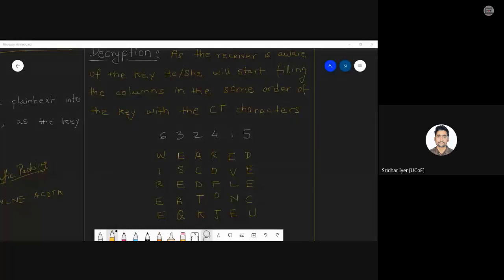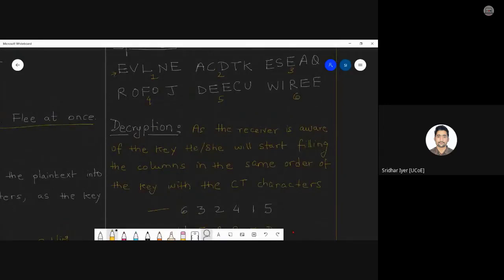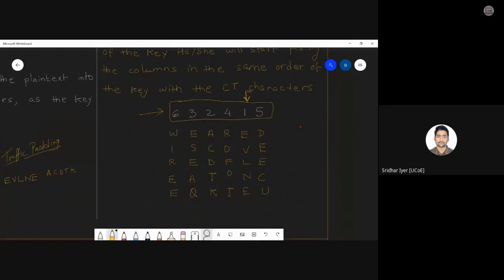Now what needs to be done is we have to start writing 5 characters one by one in the columns mentioned. So as the receiver has already written the key over here, as you can see, this is the key. The receiver has to write the key on a piece of paper or computer, whatever is available, and start 5 characters at a time. So the first 5 characters are E, V, L, N, E. So those 5 characters will be written under this column number 1. Am I clear? So that will be written like this: E, V, L, N, E. Obviously, both the matrices will be same only, but you have to show it one by one.